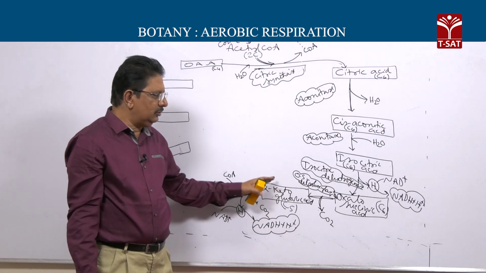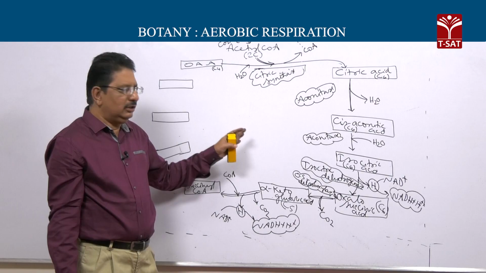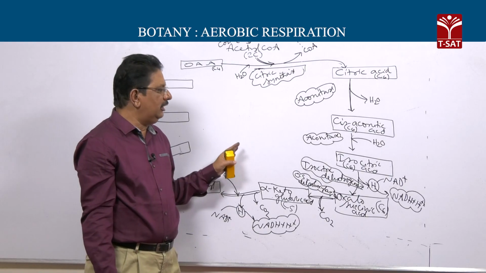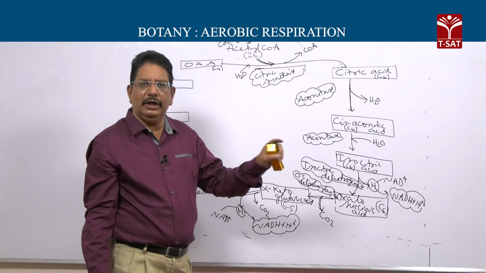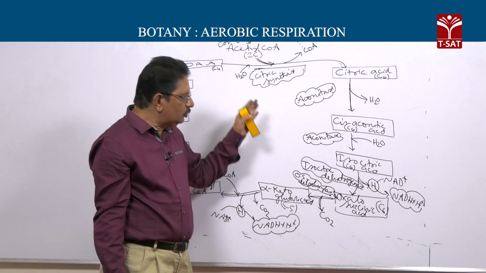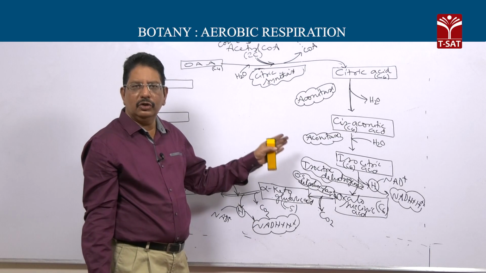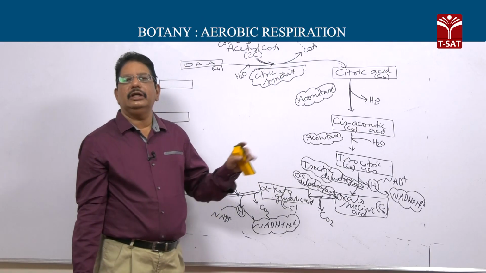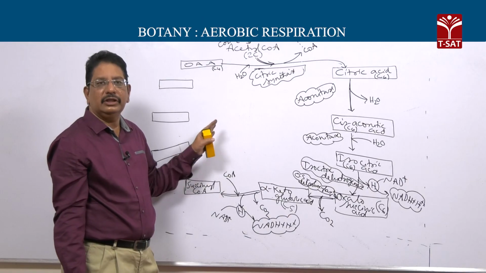So, notice one thing, we are discussing a process which is mainly meant for production of ATP. So far we have finished more than 15 reactions, but only in the initial steps, that is in glycolysis,